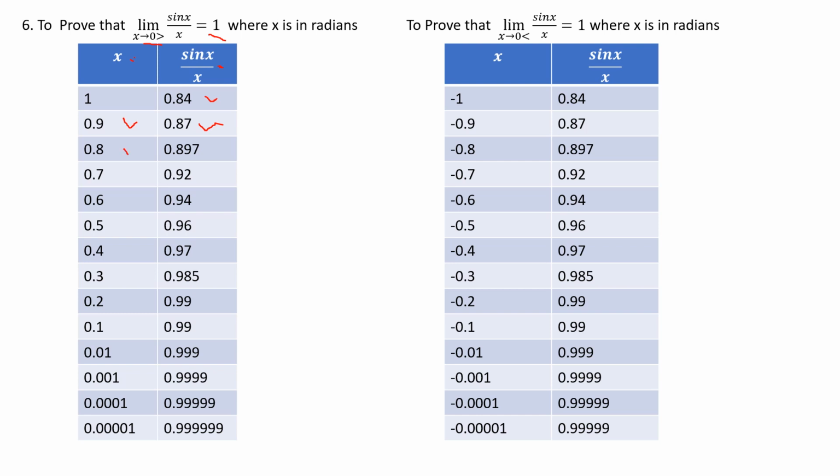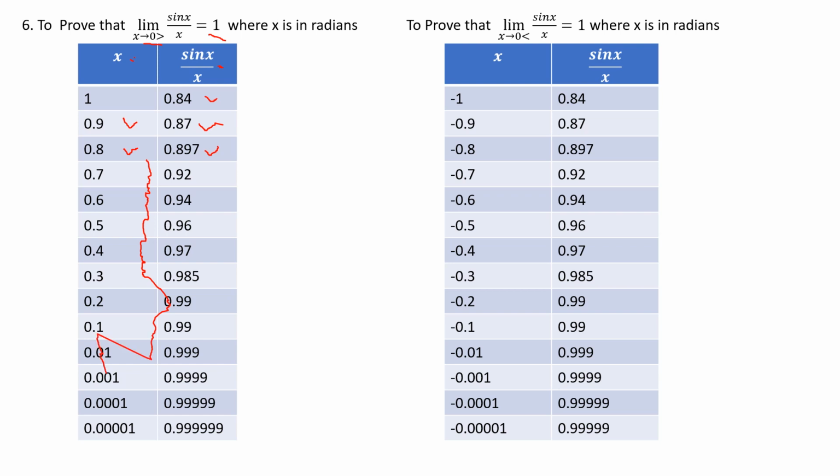When x is 0.8, sin 0.8 over 0.8 will be 0.897. As x continues to reduce, you see here 0.5, 0. something,